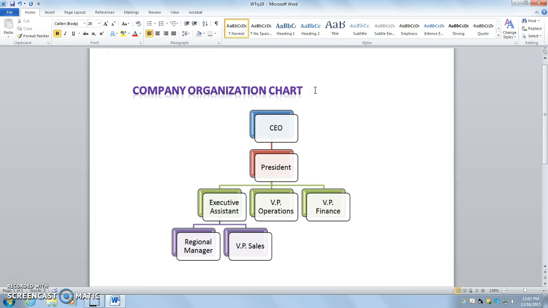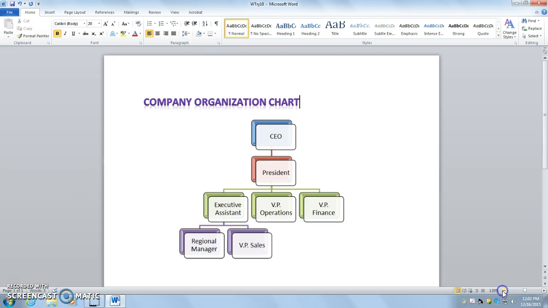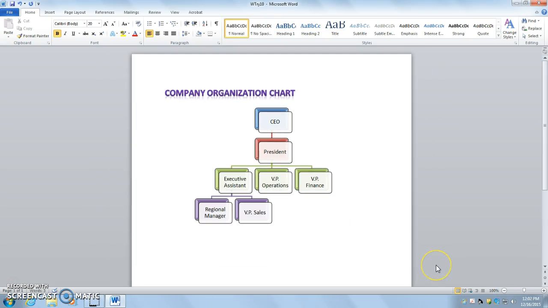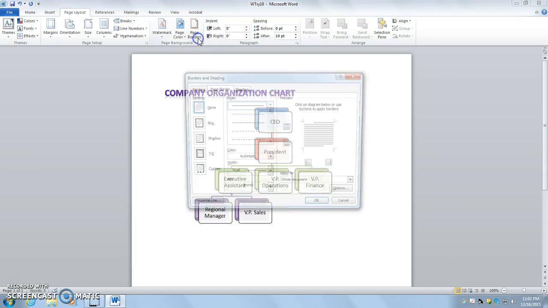And with Word documents, I can also add a page border. All right, I can add borders to areas in the document, or I can add a border around the entire document. So let me just kind of zoom out here so we can see. Borders are located in the page layout tab, in the page background group. If I go to page borders,